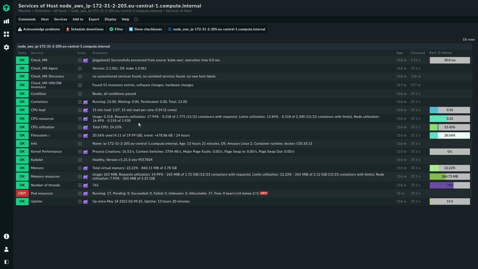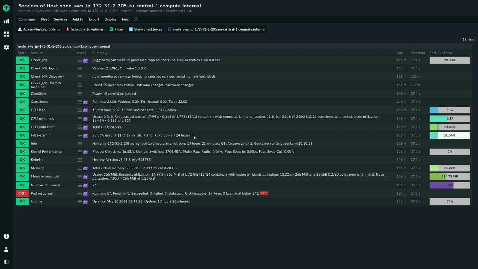And it's good to know about these things, because if there's some performance problem on that node, you might want to know about that. That's why we provide some holistic monitoring on your Kubernetes nodes, so that you can discover problems which reside outside of Kubernetes as well. For example, your file system. Is your file system being filled up by some application in your Kubernetes cluster? I think it's important to know, because in this case, Kubernetes will not warn you about it, but CheckMK can warn you about it.